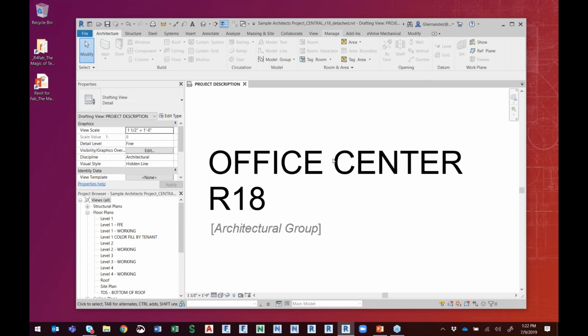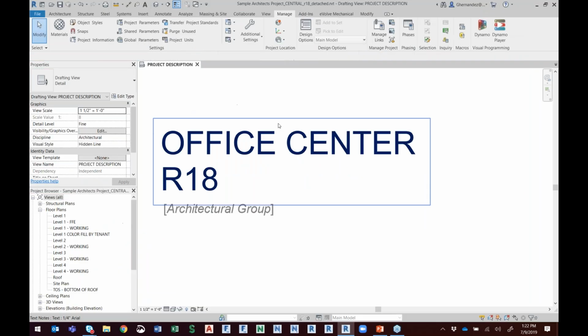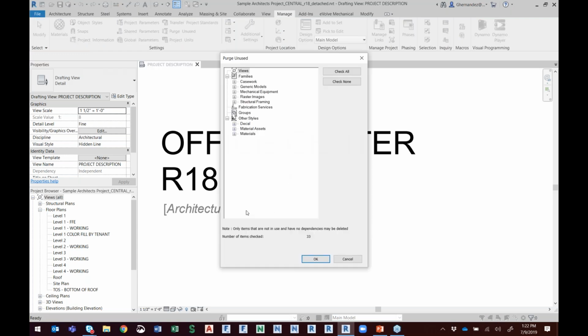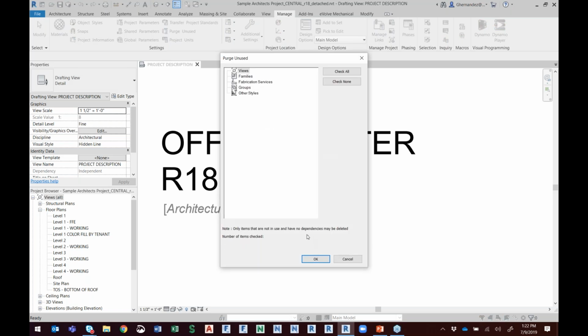Another part of the process here is in the Manage tab up here. Let me extend my screen so you can see these tools a little bit better. I have the ability to purge unused. I can purge unused here, and note that I've only got about 33 elements to purge. But when I do purge this model, you have to keep clicking purge unused. Notice there's 10, and then I click it again, and there's 5 now. And then I click it again, and now there's 0. So this is a process. You have to keep clicking and keep purging until it's 0 to ensure you purge everything out of that